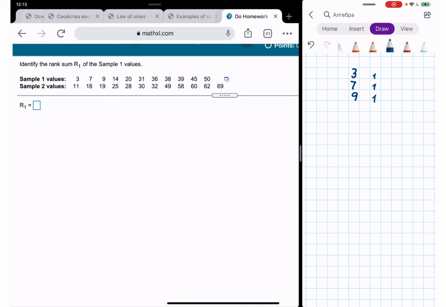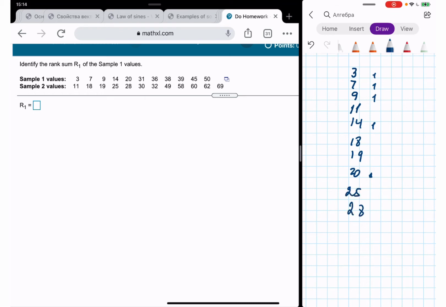And then we go 11. I will mark down only sample 1 because we are interested in the sum of ranks of sample 1. 11, then it's coming 14, sample 1, and then 18, 19, 20, sample 1, 25,